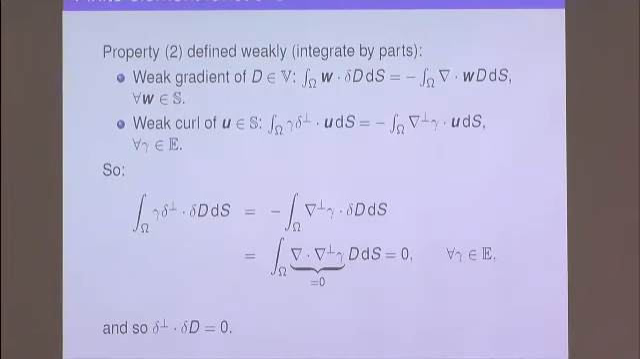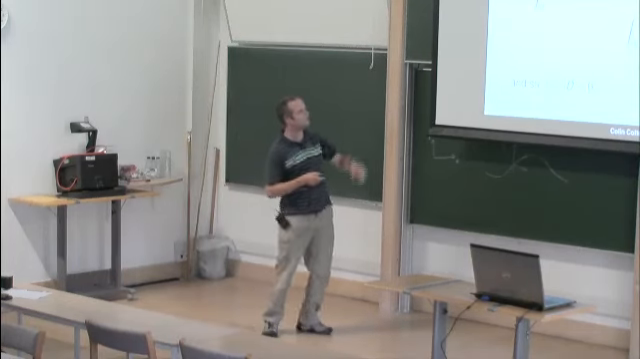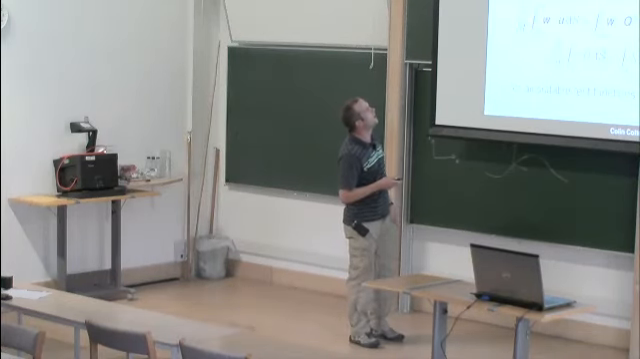And so I've got a curl of a gradient being equal to 0, but only in this weak, integration by parts definition. The reason I'm showing you this is because I want to calculate the vorticity, and this is how I get the vorticity. Okay,